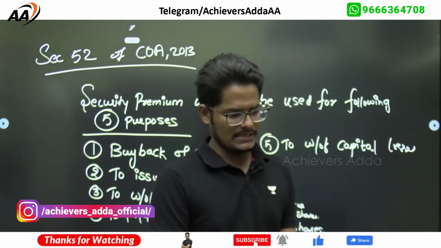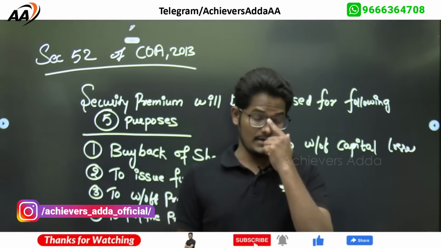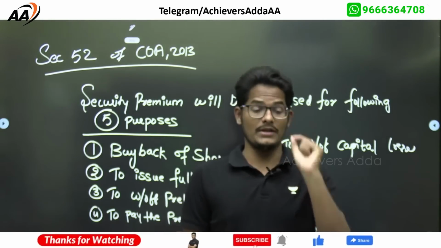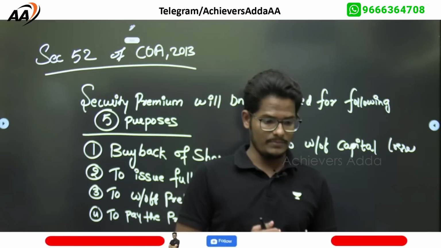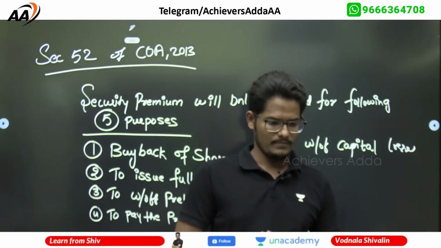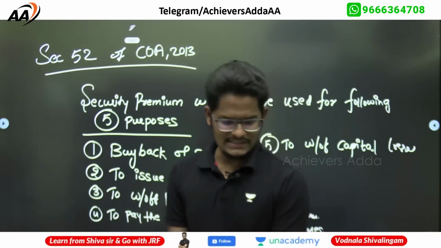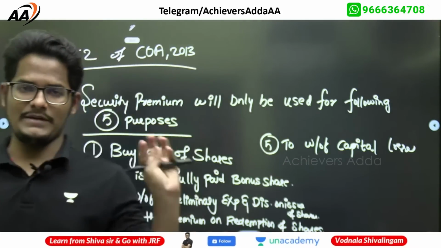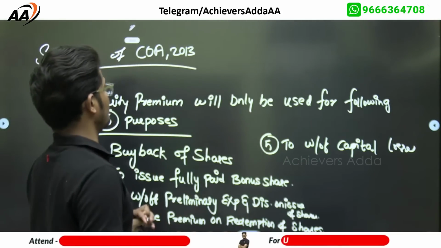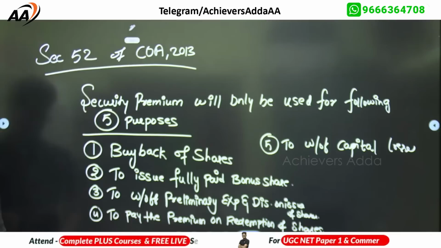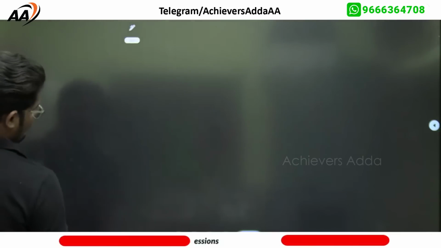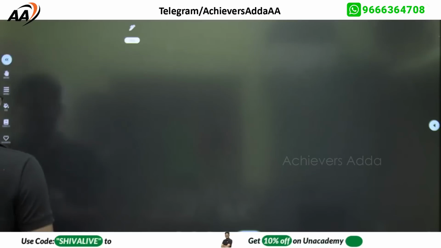Fully paid up bonus shares, redemption of only the premium will be redeemed, capital losses. These are the 5 main purposes where the security premium will be utilized as per the Companies Act 2013. Up to next concept,